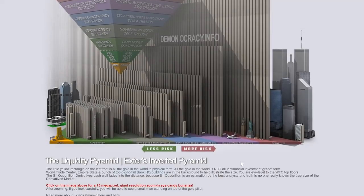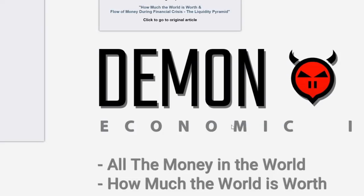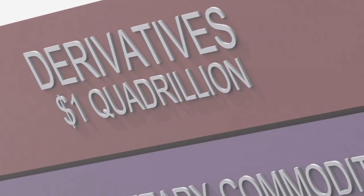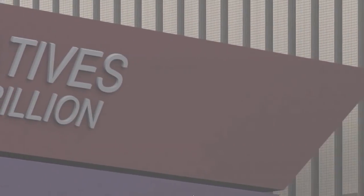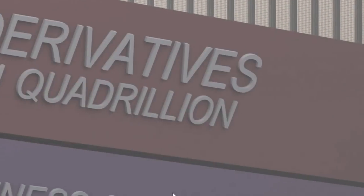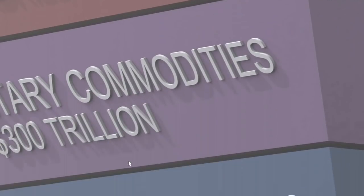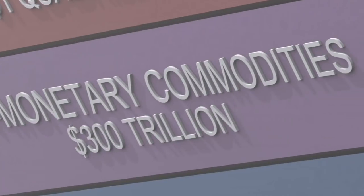In fact, we are going to see if we can blow this up here and see this thing at a higher scale. We'll have to pan and zoom around here, but you can see the liquidity pyramid here. $1 quadrillion in derivatives at the top of that pyramid, compared to all this wall of cash, which we'll look at at the very bottom, but we saw earlier. I can't zoom in and out of this image here, but the non-monetary commodities, $300 trillion,